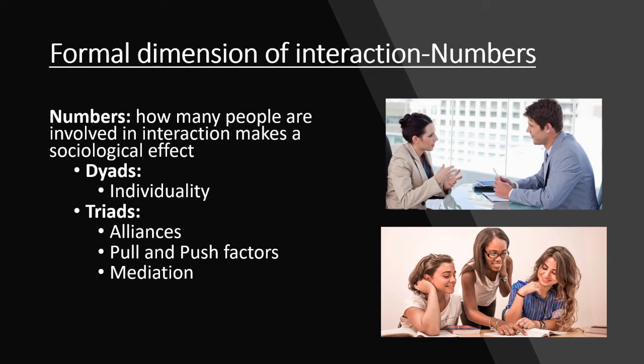Or vice versa. For example, since the kid is a third party, the kid can choose to ally with one of the parents in order to outvote the other one. Two against one, obviously. That's the basic understanding of majority versus minority, which is why in geography or when you're studying ethnography, there will always be the theory that the majority tends to suppress the minority.